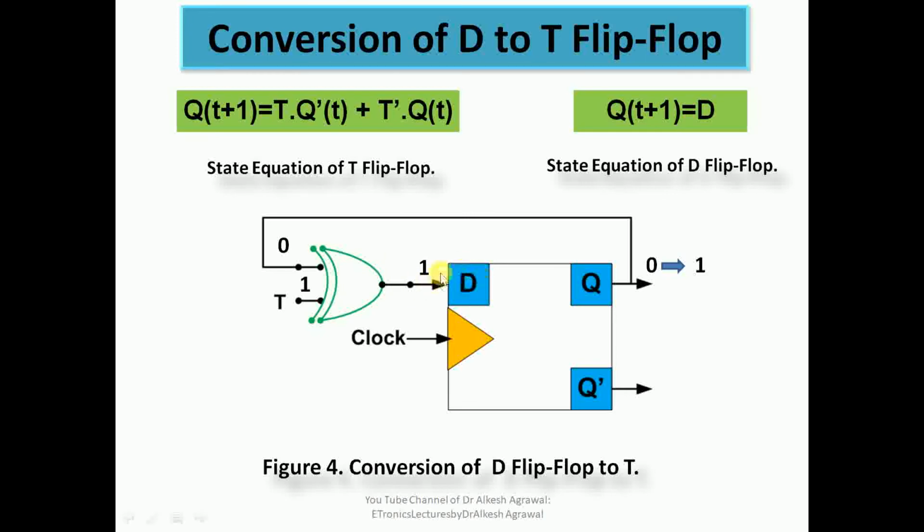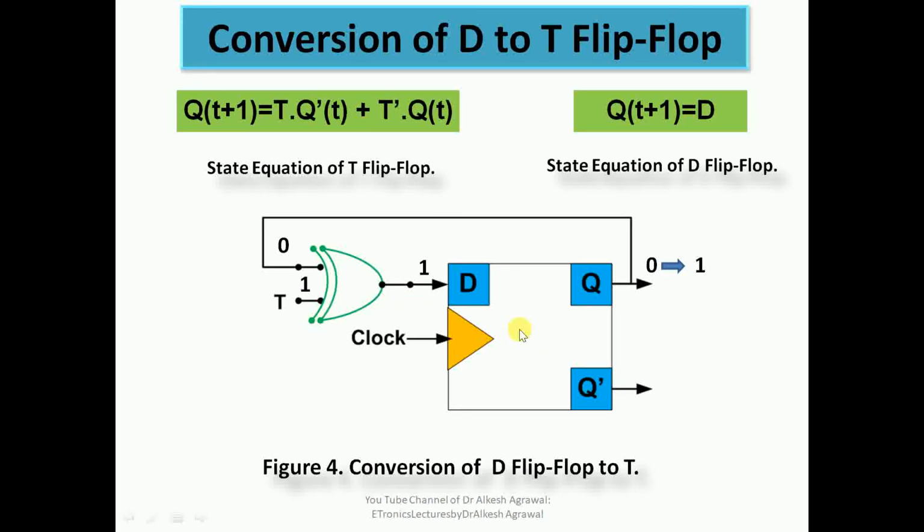So at the D input, what we have as input is 1, and when D input is 1, this state 0 transits to 1. So you can easily see that this D flip-flop is now behaving as a T flip-flop, because in a T flip-flop, when the T input is triggered, the state transits from 0 to 1 or 1 to 0. So now this D flip-flop, that is the data transfer flip-flop, is behaving as a toggle flip-flop.